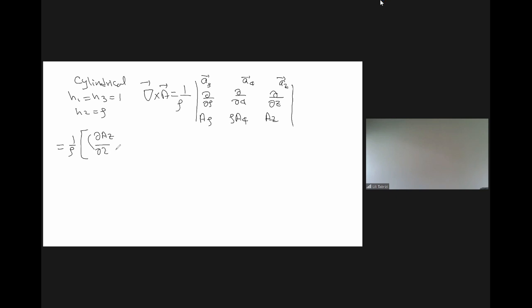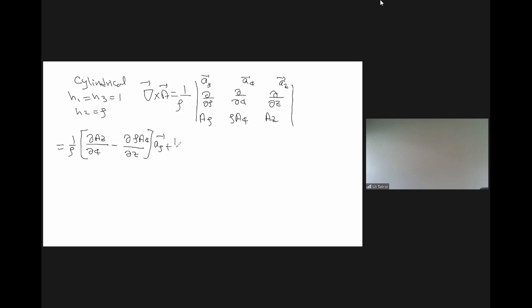Now you have ∂, A_z, 0, I'm sorry, eliminating first row and first column, you have ∂Az/∂φ minus ∂/∂z of ρ Aφ, then ∂/∂z Aρ, ∂/∂φ Az, and then you have ∂/∂z of ρ Aφ, plus